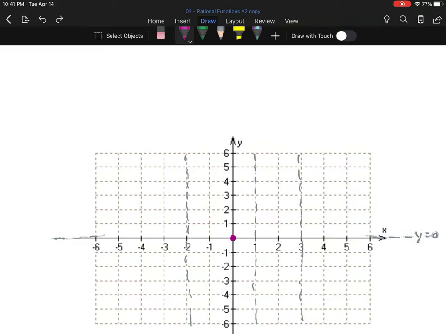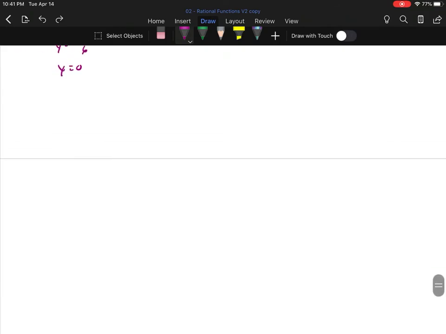I want to talk about what's happening before I get to -2. Then I want to talk about what's happening between -2 and 1. Then I want to talk about between 0 and 1, between 1 and 3, and greater than 3. So my positive-negative chart should have x-intercepts on it and vertical asymptotes. Those are the two things I got to use on my chart,